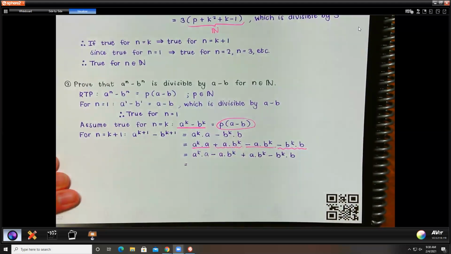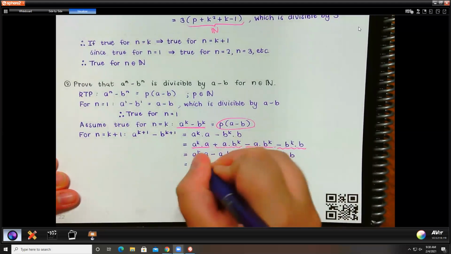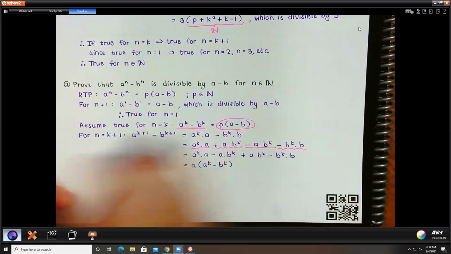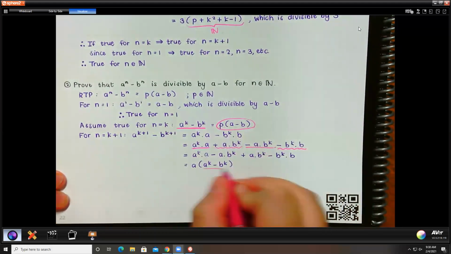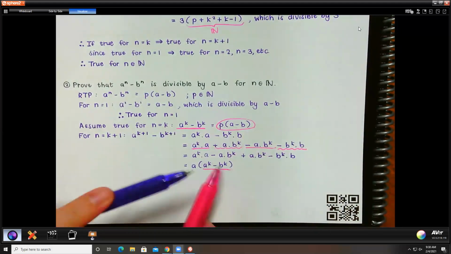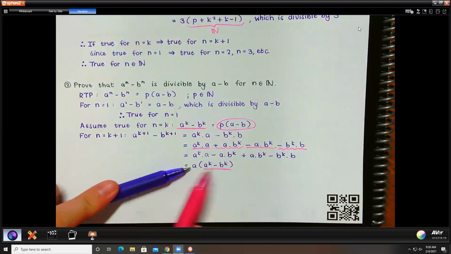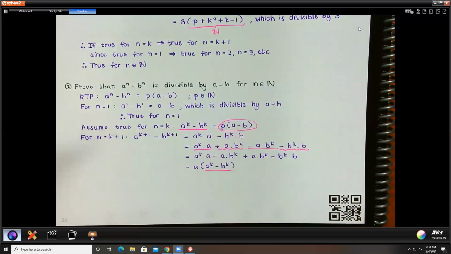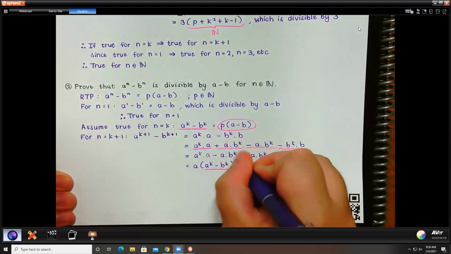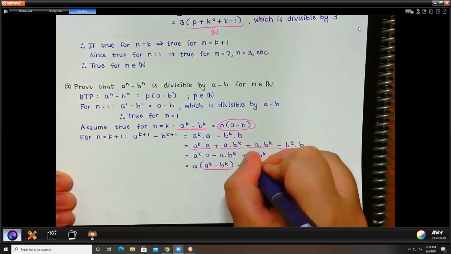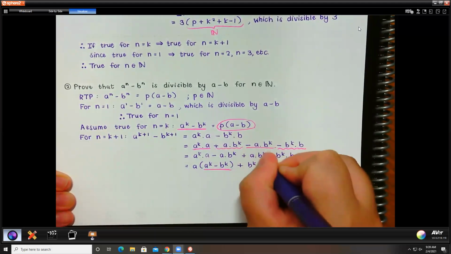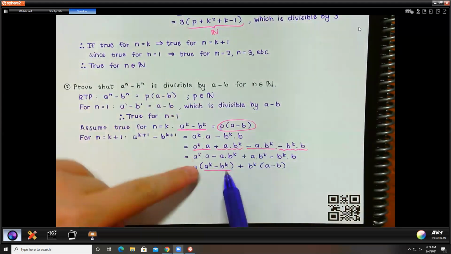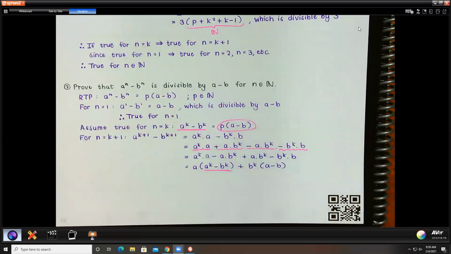Hopefully it will. So here we're going to take out a as a common factor. We're left with a to the k minus b to the k, which is what we have up there. Meaning in the next step, I can rewrite this as a times p bracket a minus b. So I'm going to have an a minus b bracket. Here I'm going to take out b to the k as a common bracket, and I'm going to be left with a minus b, which once we do the substitution here, that a minus b bracket is going to be